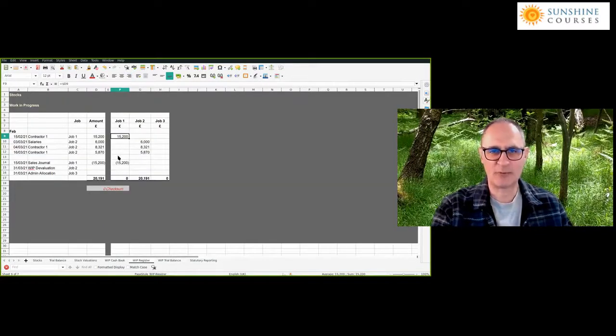So if we go back to our register, again, it's instinctive and easy to do, but imagine this was more complicated. We know how much costs to release to the profit and loss account by looking at the total for job one and releasing the whole of it to the profit and loss account because we've completely finished our sale for that month. So in this case, the journal